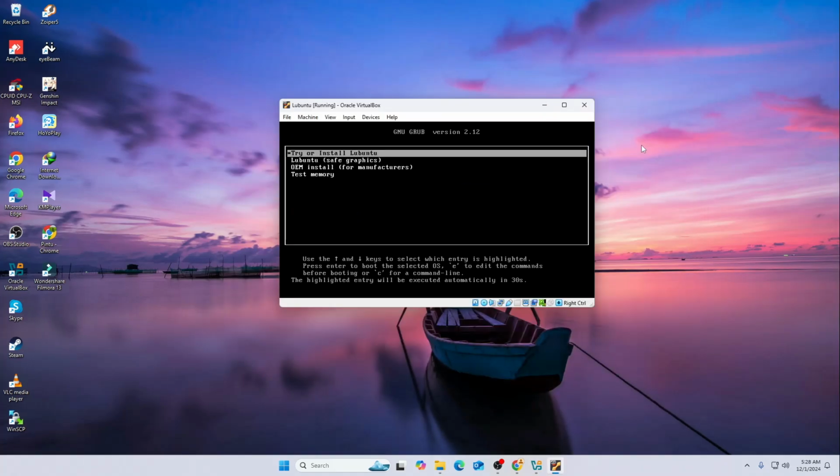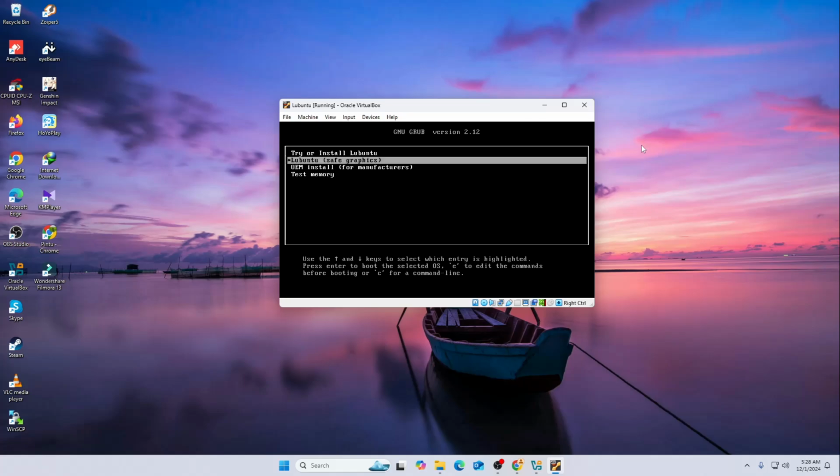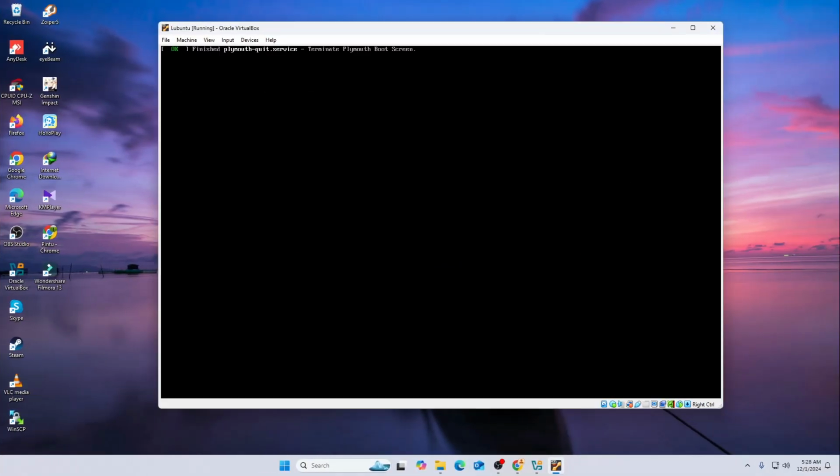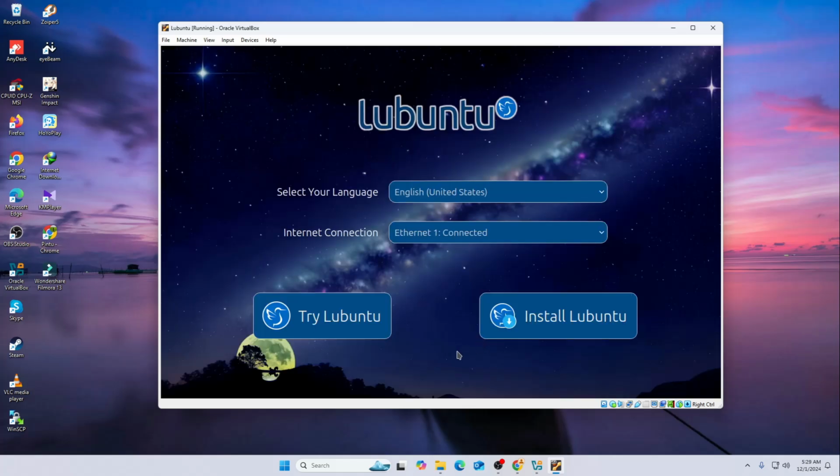It's starting now. So now it's saying that you can either try it before installing on your system, or install Lubuntu, Lubuntu Safe Graphical Mode, and the OEM install for the manufacturer, obviously. So I'm going to use the first one. This is how the installation panel looks. It's actually based on Ubuntu only, so if you are familiar with Ubuntu, then you might already know this one. This is the new